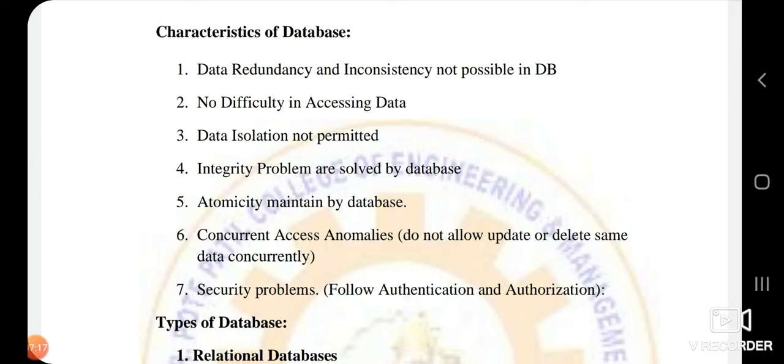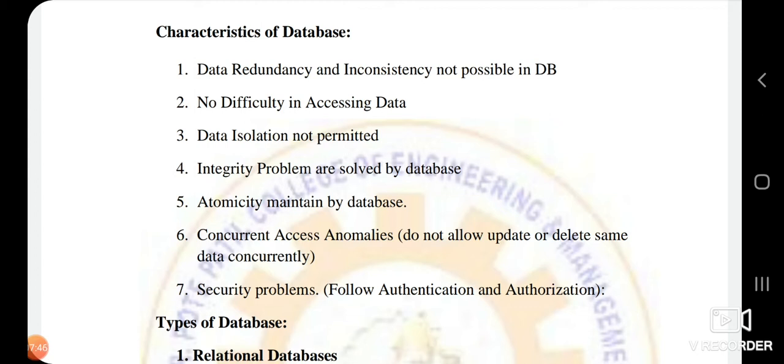Now second, if his information is stored at two places and there is a certain change, if he leaves the institution, then from one department the information is deleted, but for any reason, maybe negligence, maybe not understanding, maybe lack of time, or whatever it is, any reason, the data at another place is not deleted. So that database will become inconsistent. That is called inconsistency, and the same applies for updating the data and so on. Then there is no difficulty in accessing data. You can easily access that.